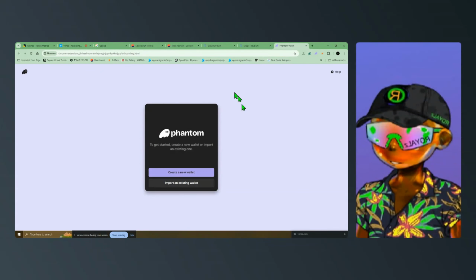So now, once you have the wallet set up, you have a question here. It says create a new wallet or import an existing one. If you already have a seed phrase, 12 or 24 words, from another wallet pertaining to Solana, and essentially other blockchains now, but let's just focus on Solana, I don't want to make things difficult, you can go ahead and import an existing wallet. Now, here's the thing about importing an existing wallet,